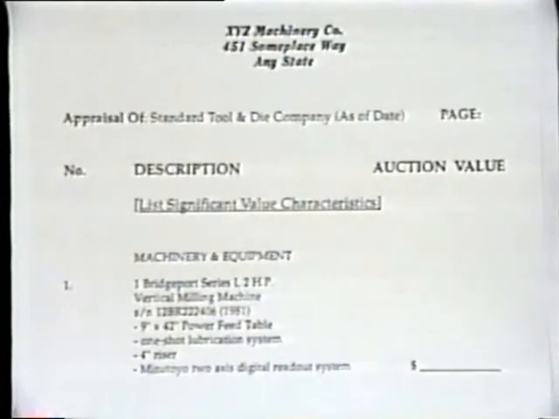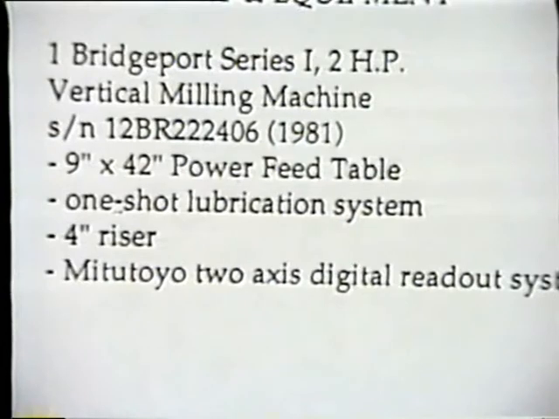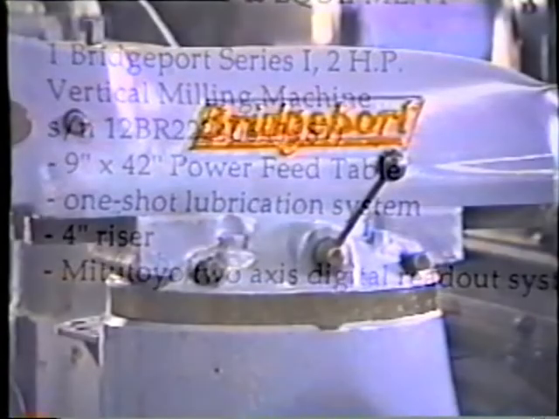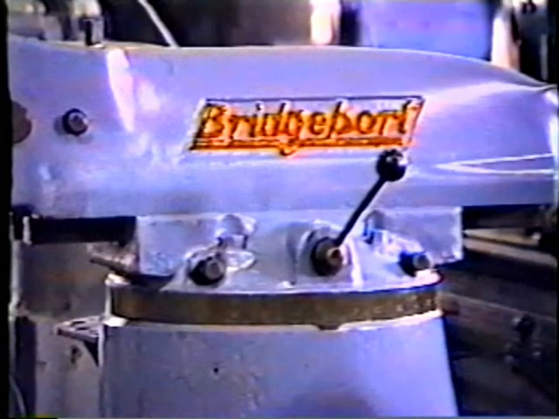Number 10, a description of each item of machinery and equipment being appraised, including significant value characteristics, as shown here. Each item should be numbered, either with an asset number or machinery number used by the client, or a numerical sequence. It is important that you show a description of each asset, which may include the machine type, as shown here, the size, the capacity, the serial number, the age, if known, and, very important, any accessories or tooling that may go along with the machine. This may or may not increase the value of the machine.